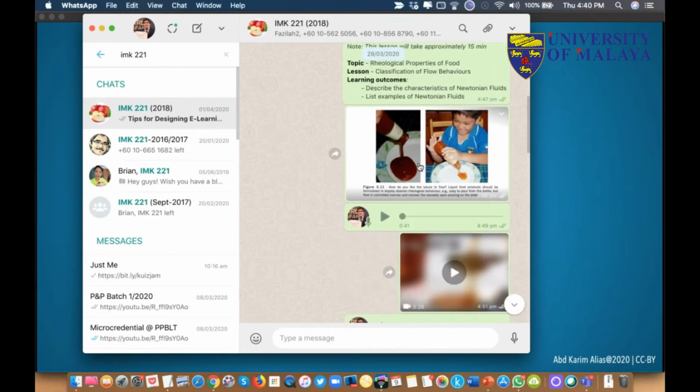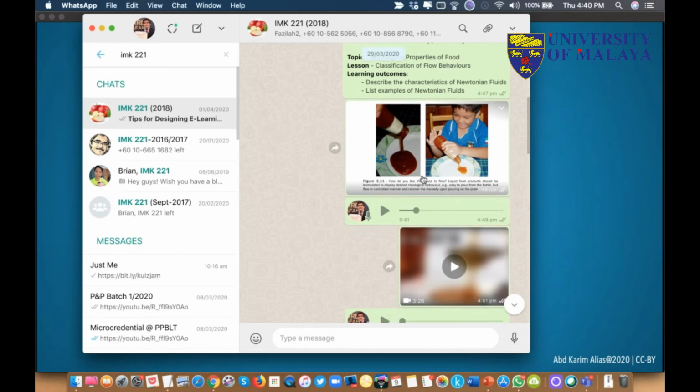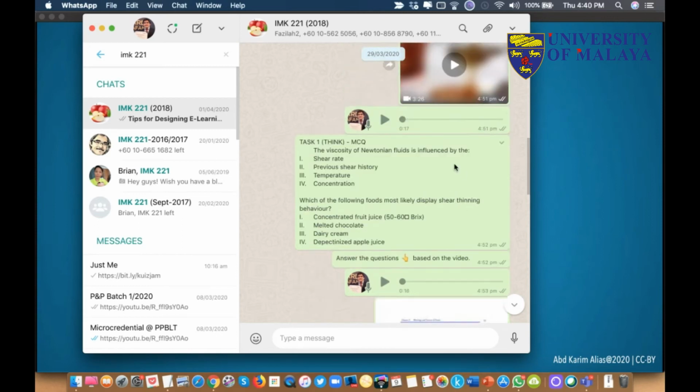Then this is your slide, which you convert into image, and then you can use the microphone in the WhatsApp to give some explanation about the slide. You can also